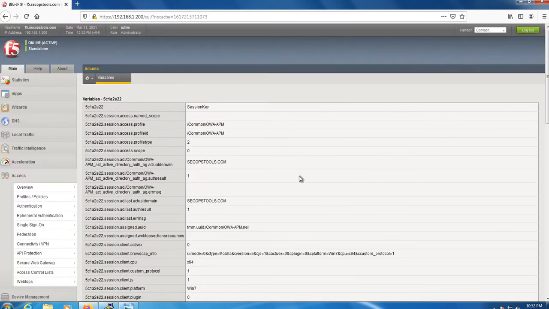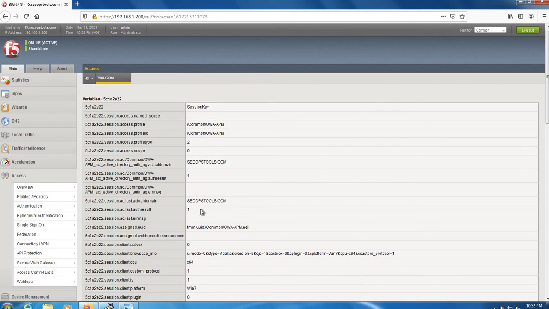With the help of this, you can create one single sign-on form. You can mention these variables on that form, so that F5 will use that form to post these credentials to OWA. So you will not see the second login page. It will be taken care of by F5 APM. So let's do that config, and we will see how it is working.